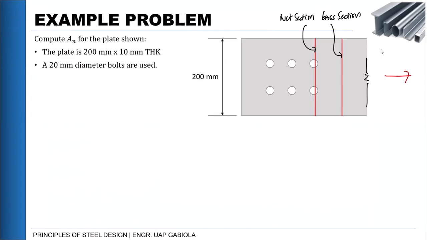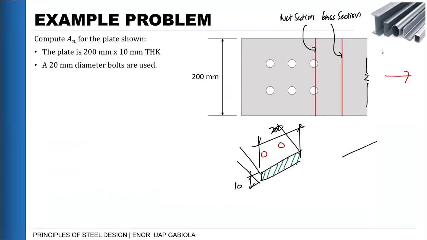So, pag pinadrawing ulit sa atin yan, this will be like this, ano? So, ito yung plate. And then, halimbawa, ito yung butas natin. Ayan, i-move lang natin ng konti. Yeah. Okay? So, for gross section, ito yung gross section natin. Okay? So, this is 200. This is yung thickness natin, which is 10. Okay? And para dun sa net naman natin,